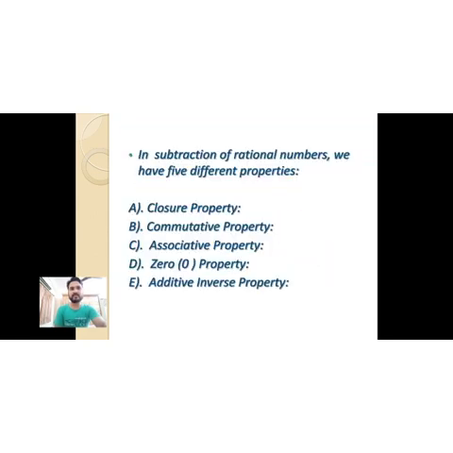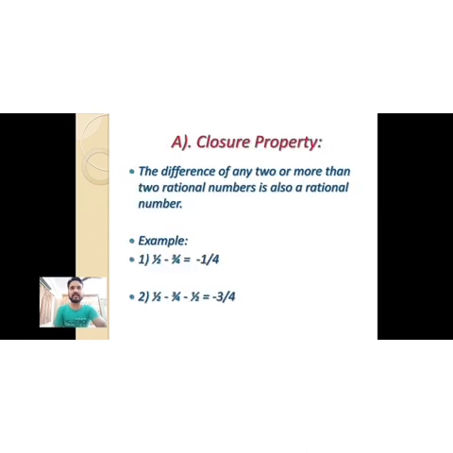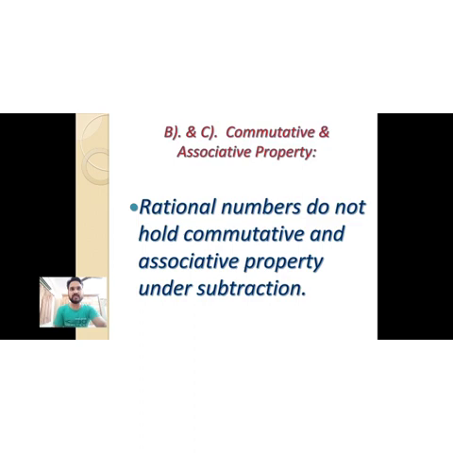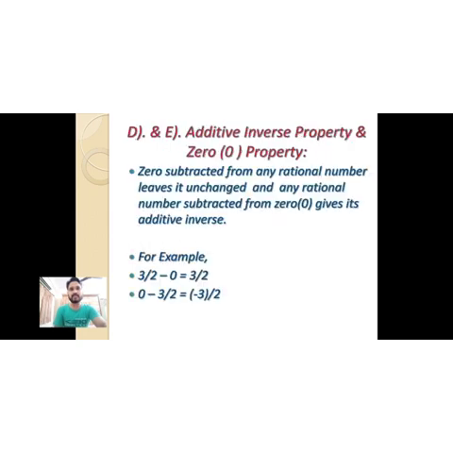Subtraction of rational numbers. Again, the 5 properties. The first is the closure property: subtraction of rational numbers is also a rational number. Now the commutative property and the associative property do not hold in subtraction. The D and E, the additive inverse property and the zero property, means